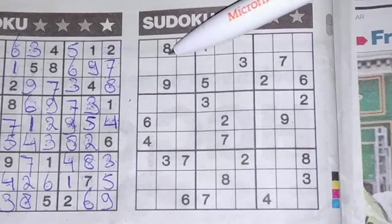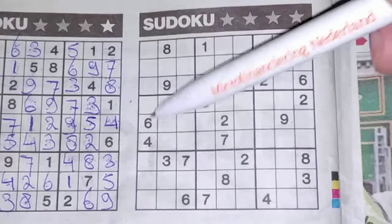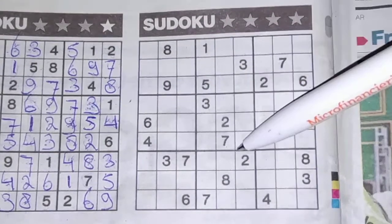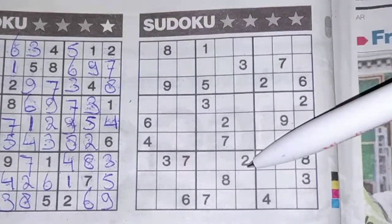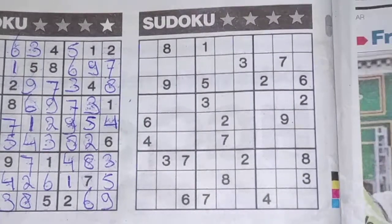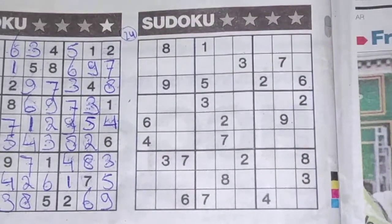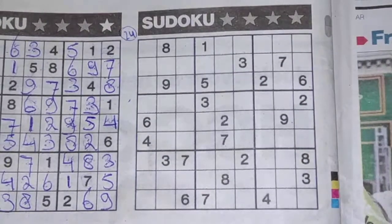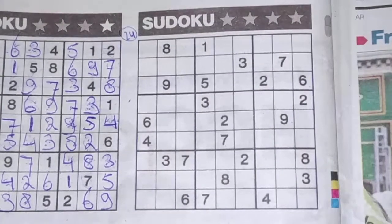So we have 2 plus 3 is 5, 5 plus 3 is 8, plus 2 is 10, 13, 15, 18, 21, plus 3 is 24. 24 printed digits. The first one was a Sudoku with 27, 1 star, 2 stars 26, 3 stars 25, and this one, 4 stars, has 24 printed digits in this puzzle. Alright,